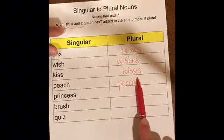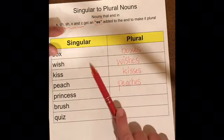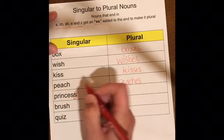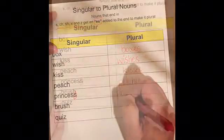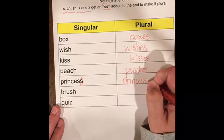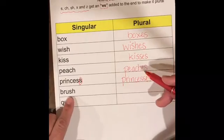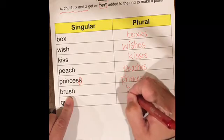So that's kind of, when we're writing, when we go, oh, is it ES, look for the rule. Look at that and go, oh, no, it's not an S, CH, SH, X, or Z. All right, guys, princess. This one ends in an S, so I'm going to have to add ES to make it plural, to be princesses. So we have princess. It falls under the noun that has an S, so we need to add ES. So princesses to make it plural, talking about more than one princess. Brush ends in SH, so it follows the ES rule. Brush,